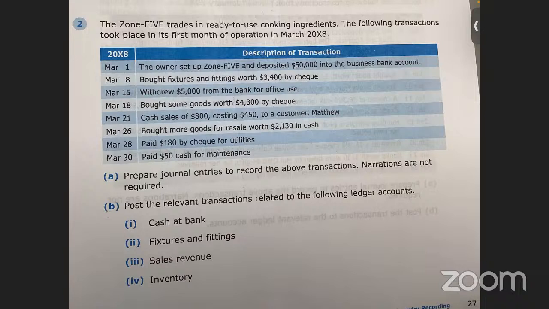The cash at bank, yes. The one that doesn't make sense is how come capital is credit 50,000? It's a very confusing one. We did a practice in class, and the teacher put cash at bank for debit and capital for credit. I mean, you just follow, is that what you're saying?